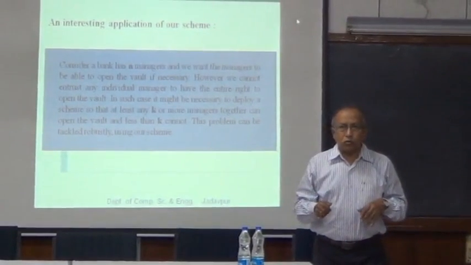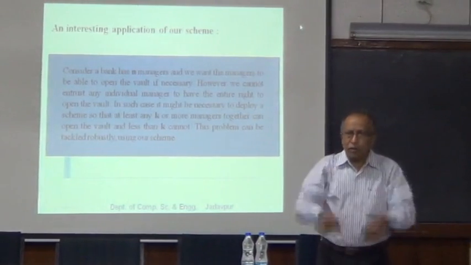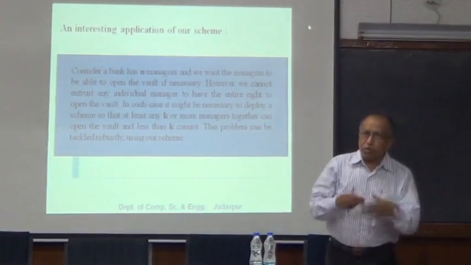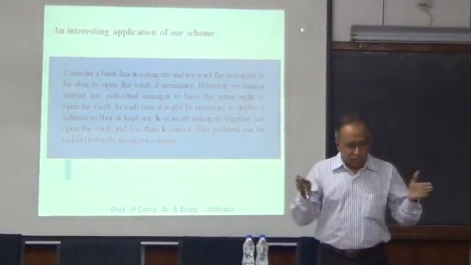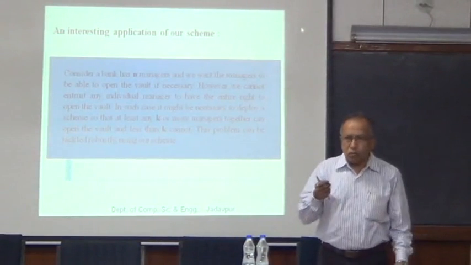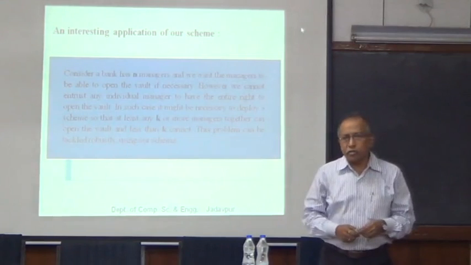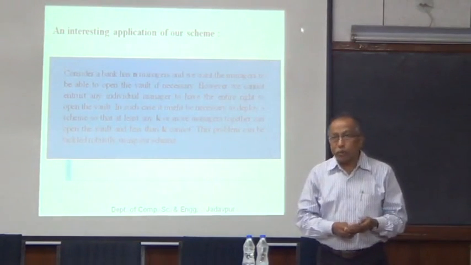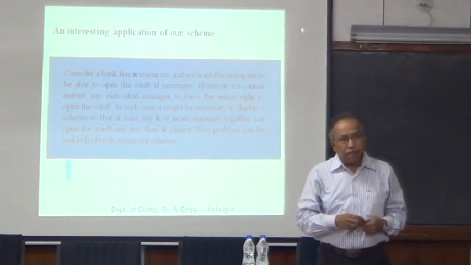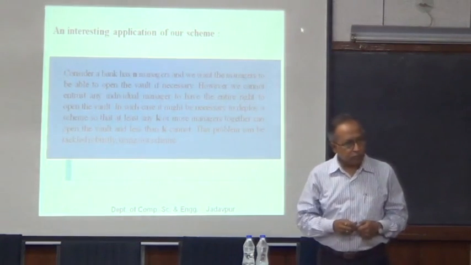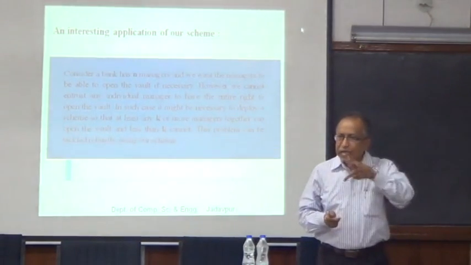Now, if you go on putting locks, you would need so many locks, and every manager would have so many keys. Then if 3 managers come, you will get all the keys for all the locks. The solution: I can give a macro solution. With 5 managers and 3 needed, you have to put 10 locks. Every lock should have 3 keys. So 30 keys. Every manager will have 6 keys for 6 different locks.